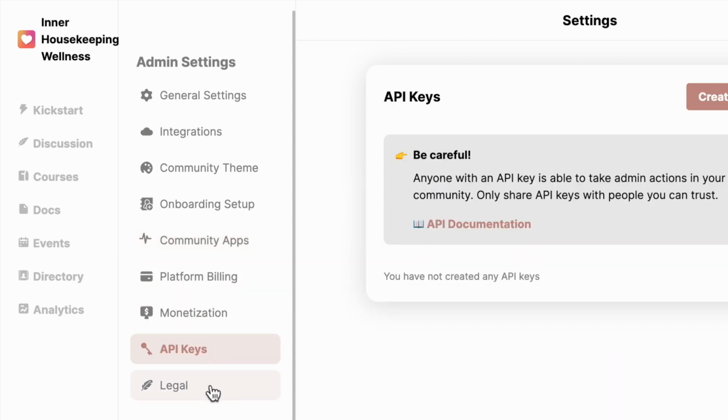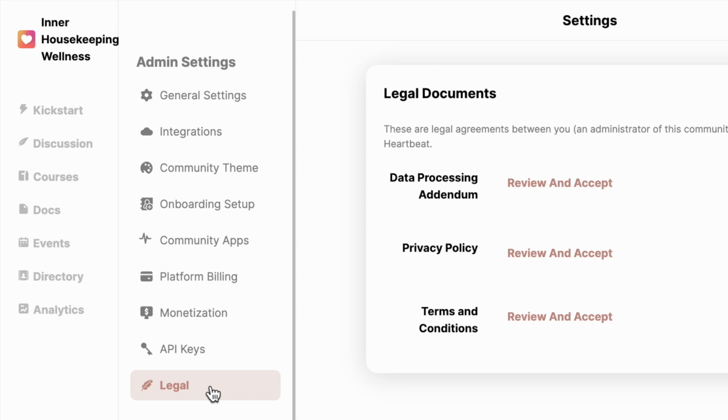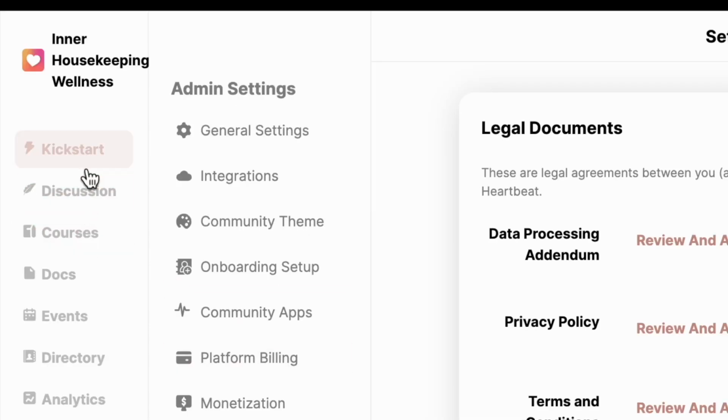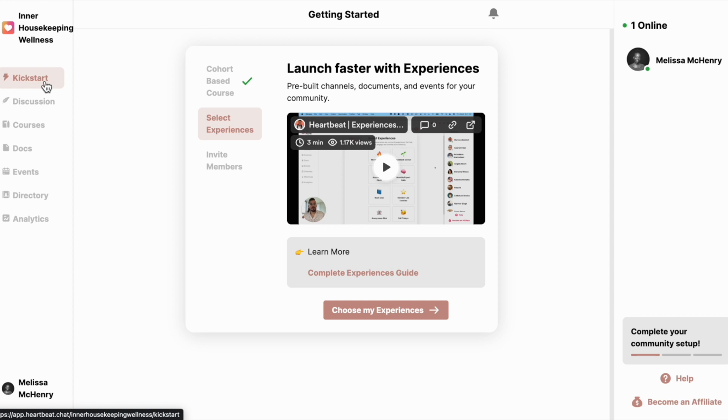One of the things that's also great if you are a developer is you can use your API key and begin to use some other integrations, right, along with the work that you're doing. There's also this legal documents portal where you can upload your privacy policy, your terms and conditions, which is really important. And then there's this